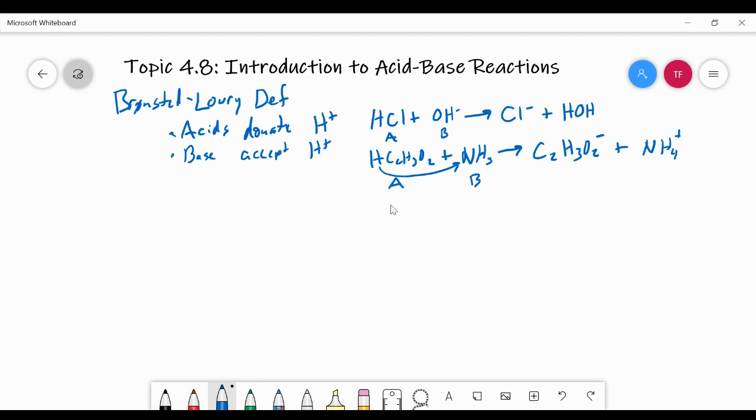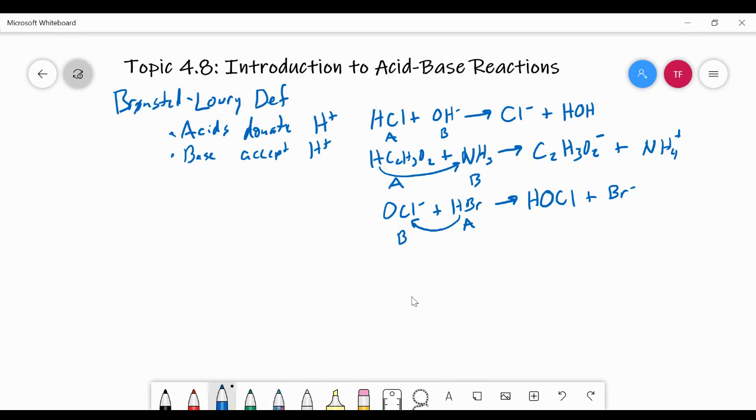Let's do one more, OCl minus. So here's another polyatomic ion that is in solution, and let's say that we put some HBr in there. So what's going to happen? Well, when this reaction takes place, a hydrogen leaves the HBr, transfers over to the OCl minus, meaning that we'll get HOCl. Since the OCl was minus, and we added a positive to it, now it's neutral, HOCl, and the HBr lost a positive hydrogen, so what's going to be left is Br minus. So again, by definition, the substance that lost the hydrogen is the acid,